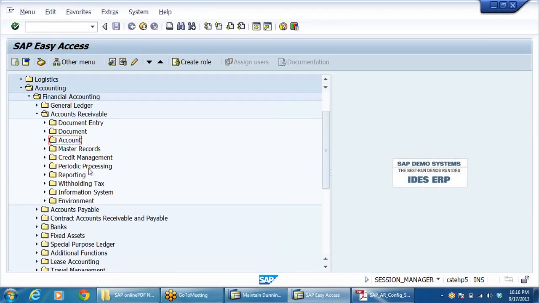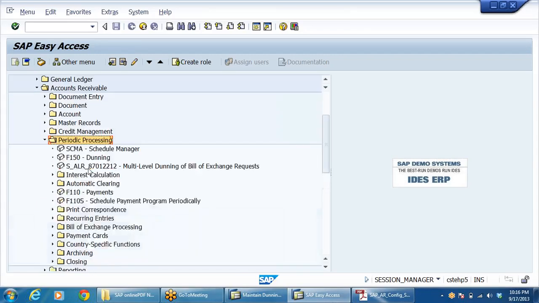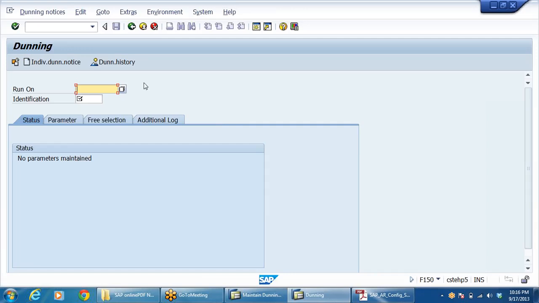Right, now it is periodic processing. Maybe every weekend or once in 10 days we are going to generate it. F150 dunning. There is a T code, F150. So here we can give the dunning identification.